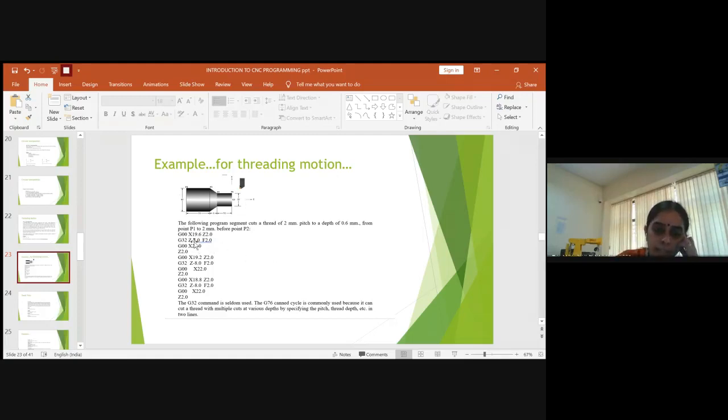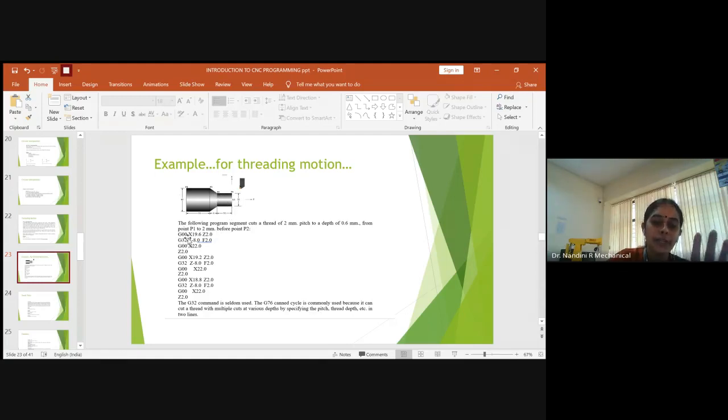So once this thread cutting is done, based on the feed rate given, then again the tool will move away from the workpiece. For that again you will give rapid traverse. Now here the tool is in rapid traverse, G00. It comes nearer to the workpiece, but not touching the edge of the workpiece. So when you provide G32, first you will provide G00 and you will provide the X and the Z coordinate such that it comes nearer to the workpiece. And then you provide the feed rate so that it removes the excess material.